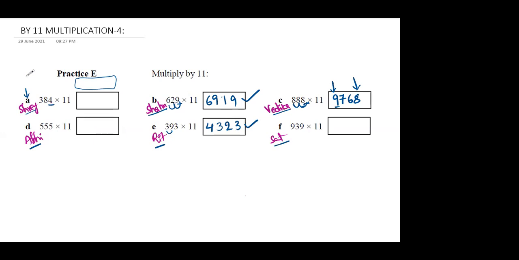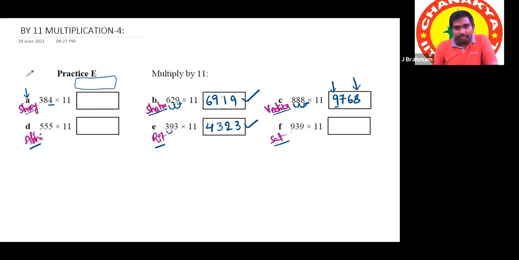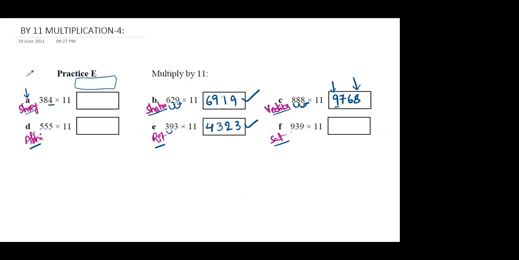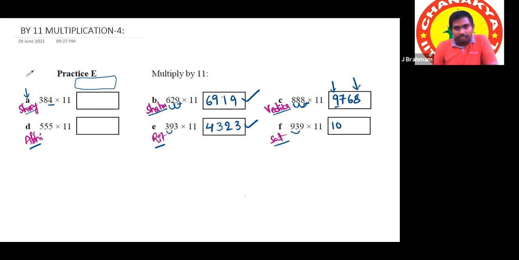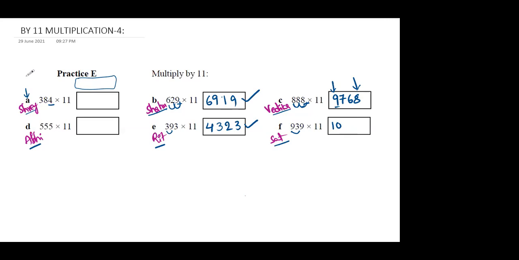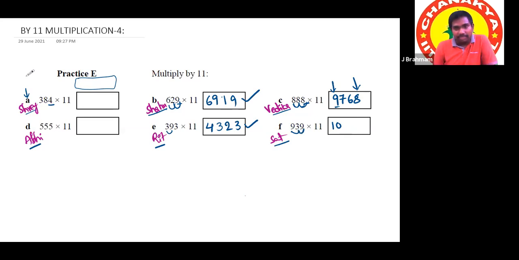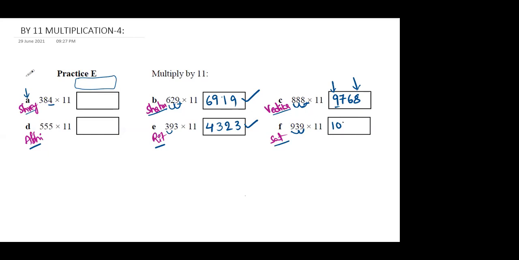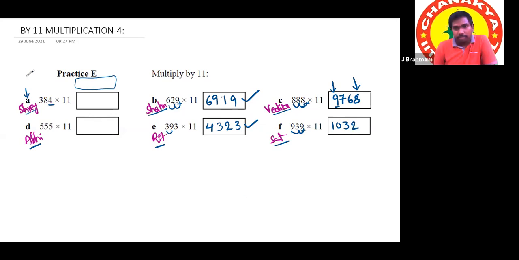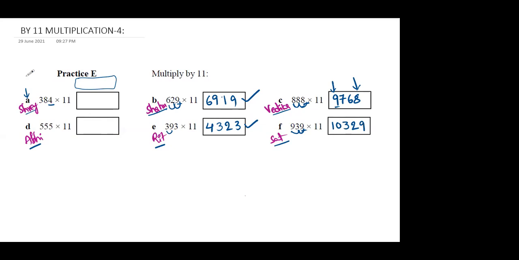Satvik. Yes, sir. We should write 9 as it is. Okay. Next one is a carry combination, so we need to write 10. Right. Very good. After that, 9 plus 3 is 12, sir. So 2 we should write, the end number 2. But there is a carry in the next place. Yes, sir, so it will be 3. And again, 3 plus 9 is 12. The end number is 2, so 2 we should write. Okay. And at the last, we should write 9 as it is. That is it. Very good.